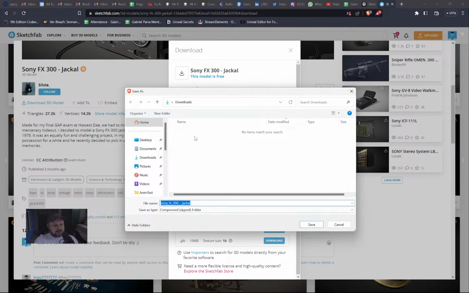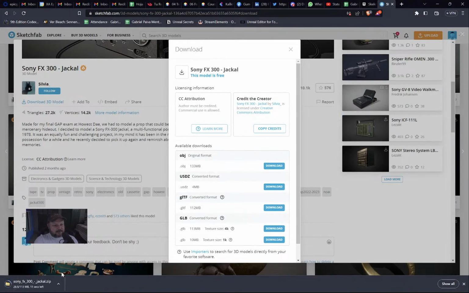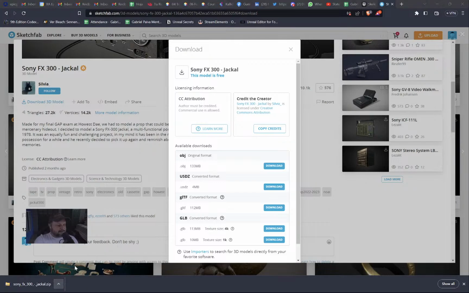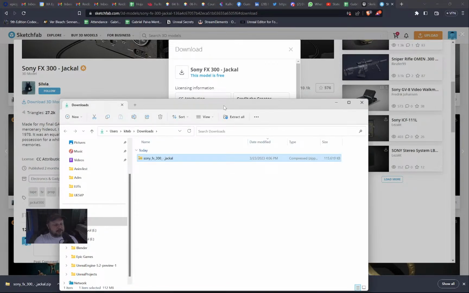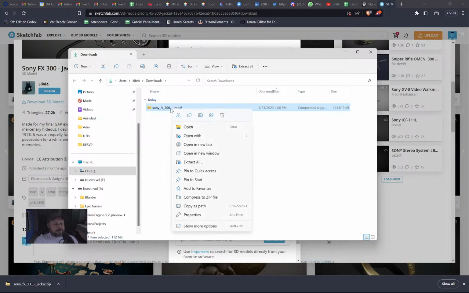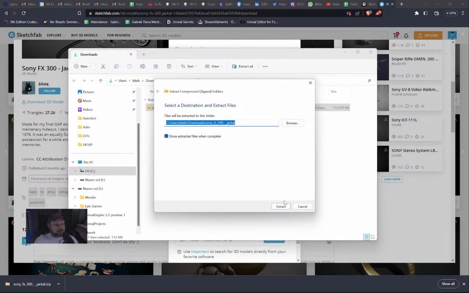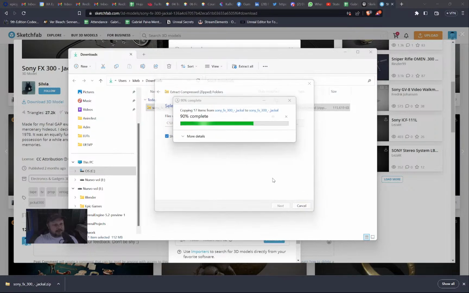Let's download this thing, and yep, that is going to be good enough. Very soon it's going to be inside my download folder. So let's go there. It's inside a zip, and I can simply unzip it, like this, extract,